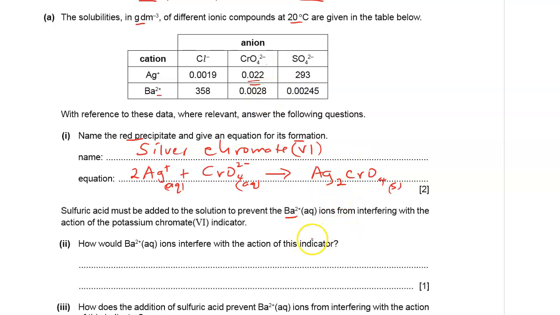Therefore, there will be no chromate ions available to react with the silver to indicate to us the end point. So insoluble barium chromate(VI) will form,